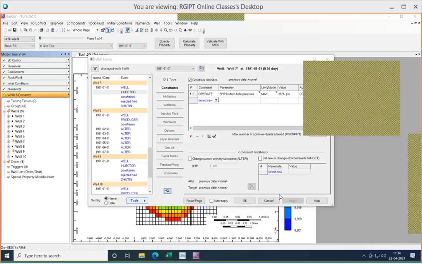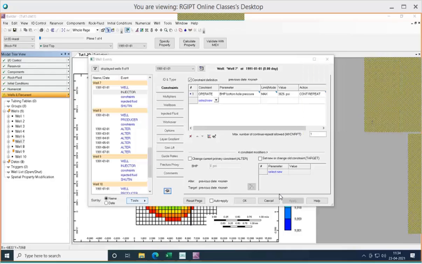Most probably Amit sir will be discussing the polymer flood, and then you can see how we can apply it. After this you will be having polymer flood, surfactant flood, thermal recovery, and composition modeling. All these things we are going to discuss.